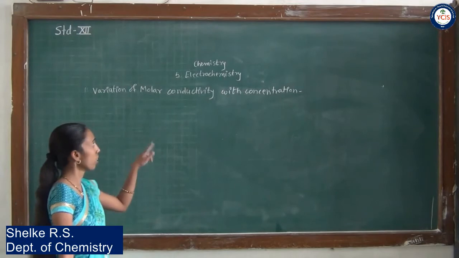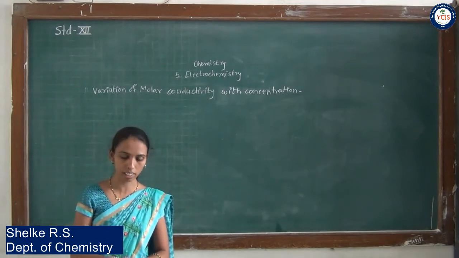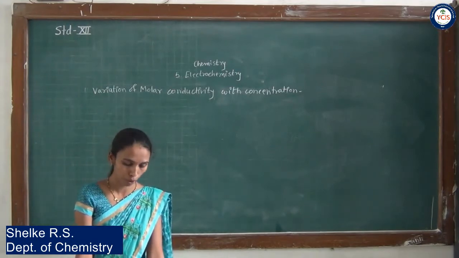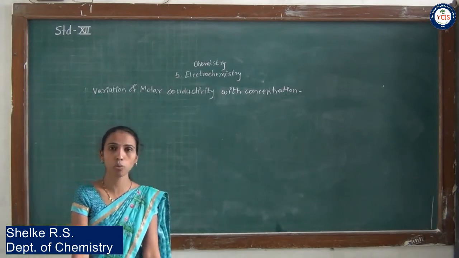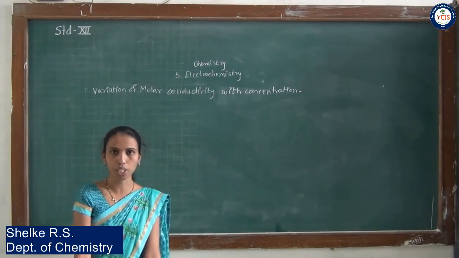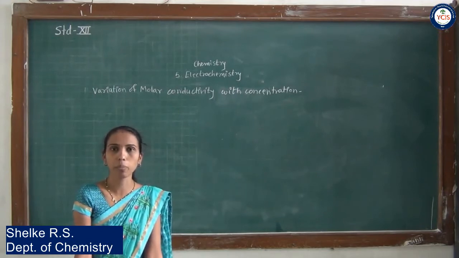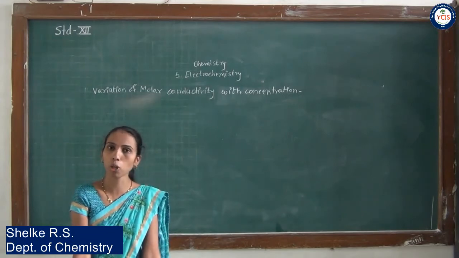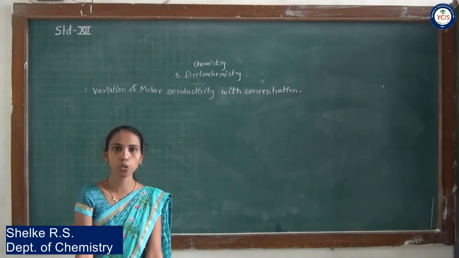Okay, so that is the molar conductivity. Molar conductivity is nothing but what? Electrical conductance of 1 mole of a electrolyte in a given solution. Okay, so now how will it affect with concentration, molar conductivity? The increasing number of ions produced in solution by 1 mole of electrolyte lead to the increased molar conductivity. Means as you are increasing the dilution, what happens here? Number of ions will increase, so molar conductivity is also increased with the dilution.